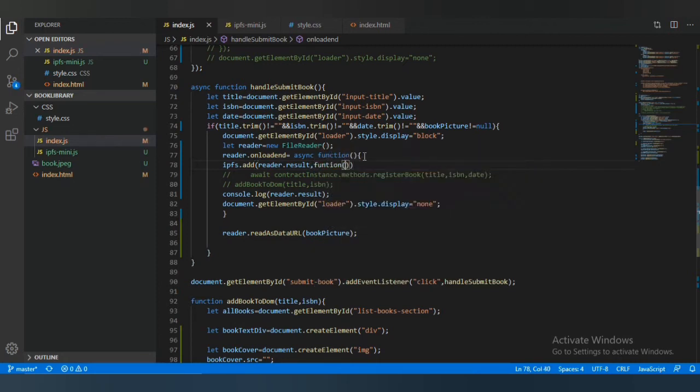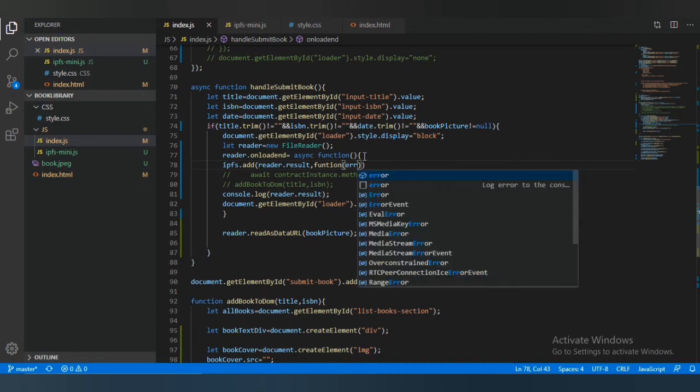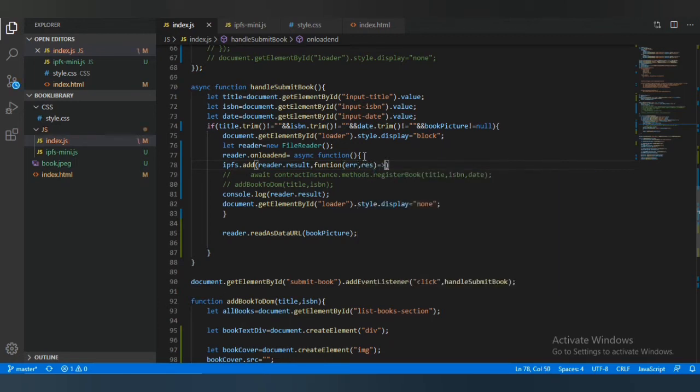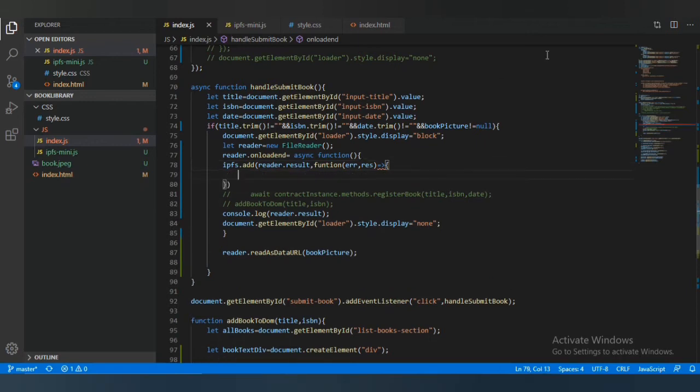The function takes in an error comma result. Okay, so good: function, error comma result. Good. So right here now,